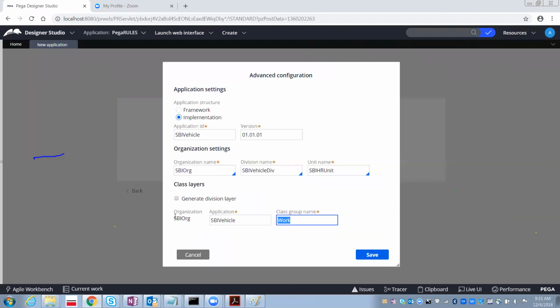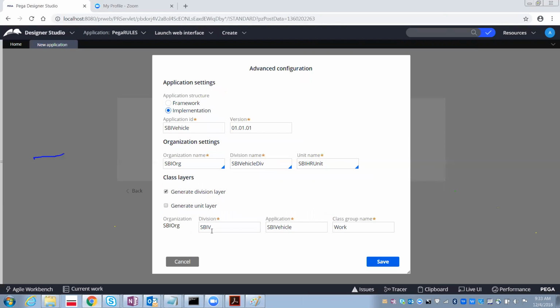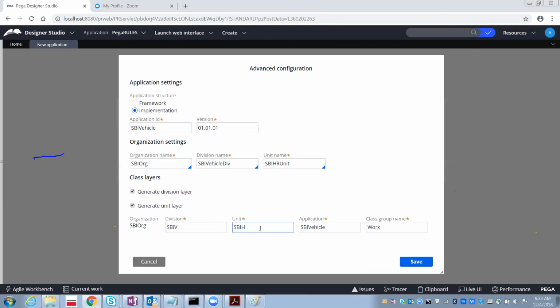But when you select this division, see here, along with the organization you also get one more thing, SBI V, the division layer. If you select unit, you see the SBI HR unit also, it is going to create it.